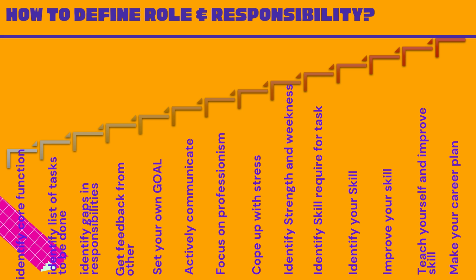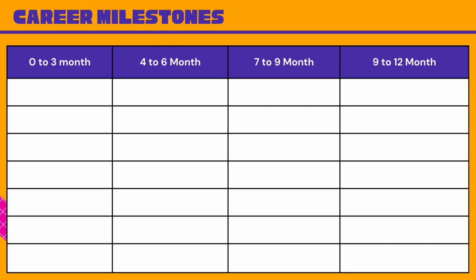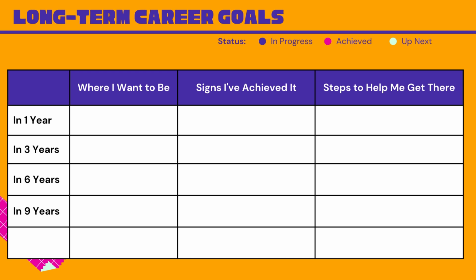Think about the time you can give to your goals, taking into account your other commitments. Develop your plan with a long-term aim and short-term goals so you can break up your time. You should think about all the different routes you could take to get to your career aim. Every professional who wants to grow has to create career milestones for every year on a quarterly basis, and also short-term and long-term goals over periods of 1 year, 3 years, 6 years, 9 years and so on.